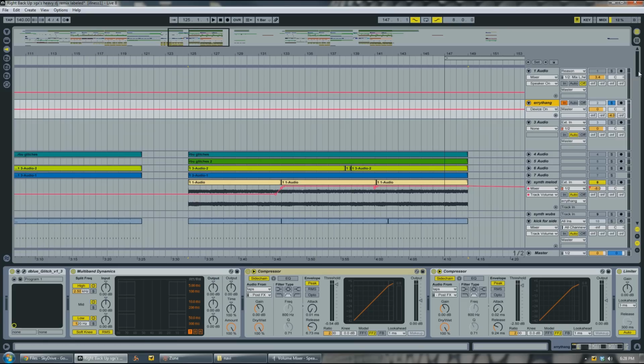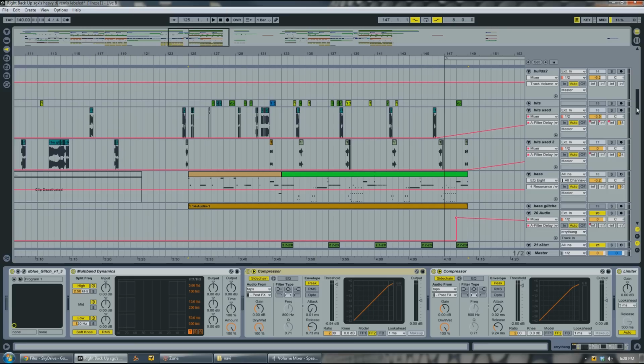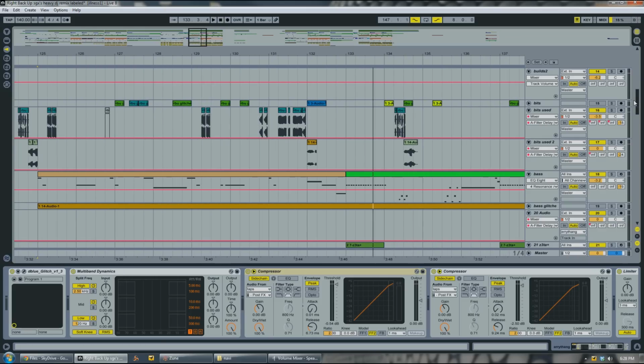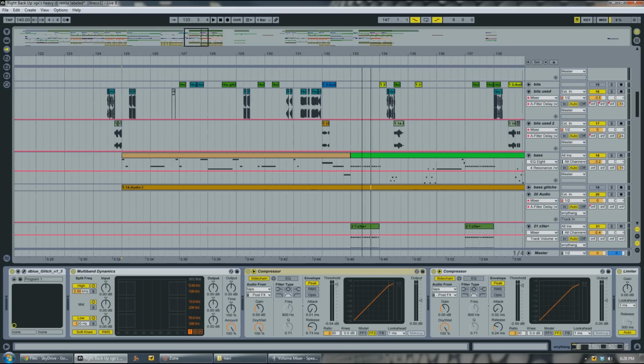So what I do is I'll put Deep Blue Glitch on something, or even not, and I'll take audio tracks, put Deep Blue Glitch on just the bass, which is I think what a lot of these sounds are, or some sort of effects, and just take the most interesting bits out of it, select them, move them around, figure out if they sound cool with the drums and the song. So it's just like a lot of kind of